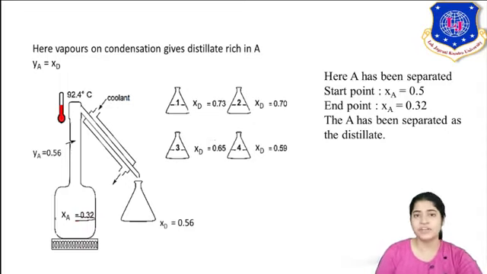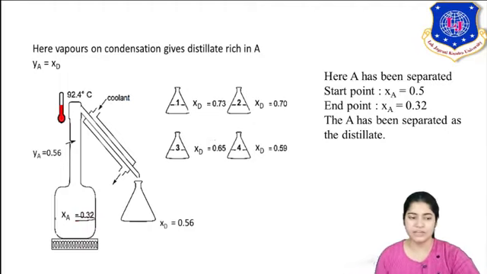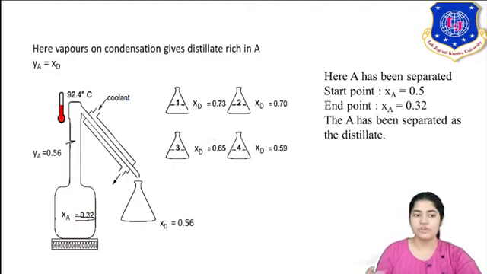The vapor phase mole fraction of A, I am only condensing it and it is getting converted into liquid form. So YA is XD. The composition of A in the vapor phase is the same in your condensed distillate. So YA is equal to XD. Don't get confused by the notations here. Just understand that the vapors of the more volatile component A, on condensing, give a liquid phase distillate in which the composition is the same as that of the vapor phase.